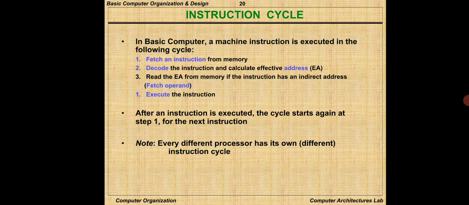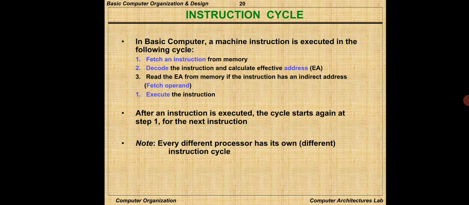Next comes your instruction cycle. Basically, our instruction cycle consists of 3 parts. First is fetching of an instruction. Second is decoding of an instruction. And the third one is execution of an instruction. So what do you mean by fetching of an instruction? Fetching of an instruction is nothing but reading an instruction from the memory. I need to get the instruction from the memory, then only will I be performing the operation, right? So first we will read the instruction from the memory.